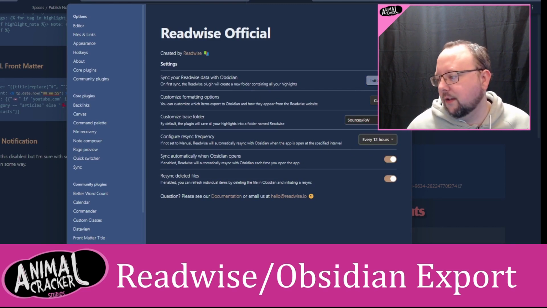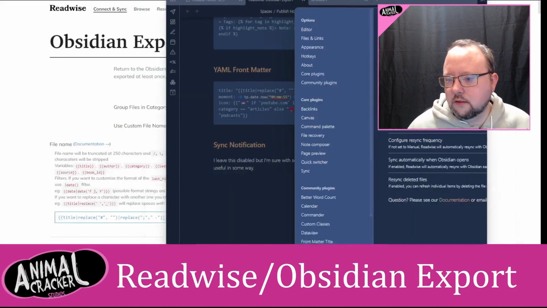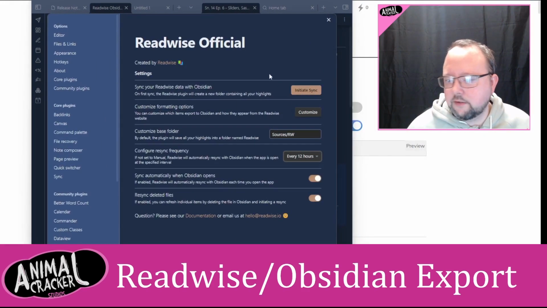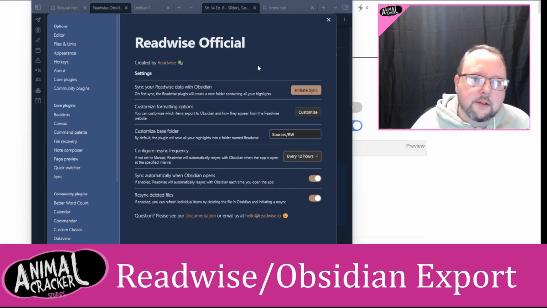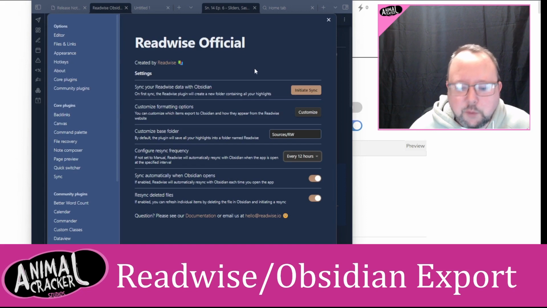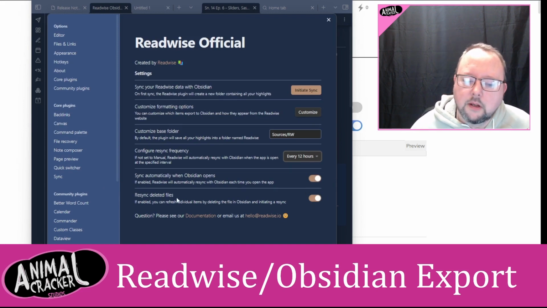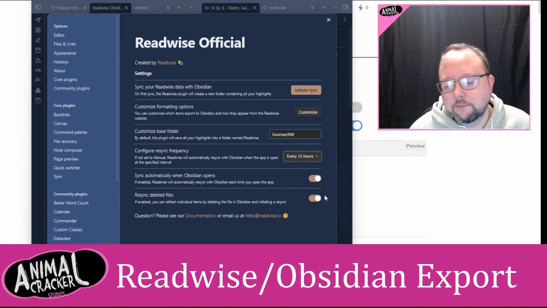As you can see up here, there's a little initiate sync button right here. So you can manually do that. There's also a command palette sync option, so you can just do that whenever you need to. Sync automatically when Obsidian opens, self-explanatory. Resync deleted files. This you will probably always want to keep on,